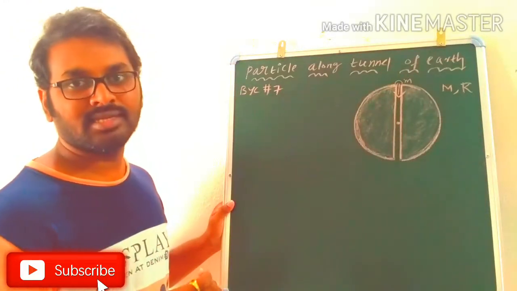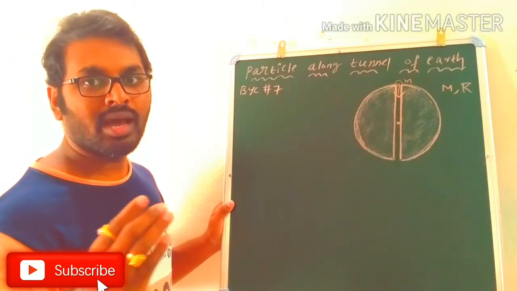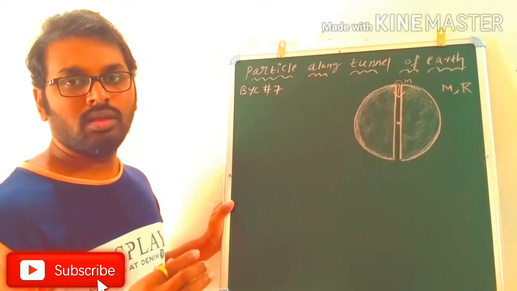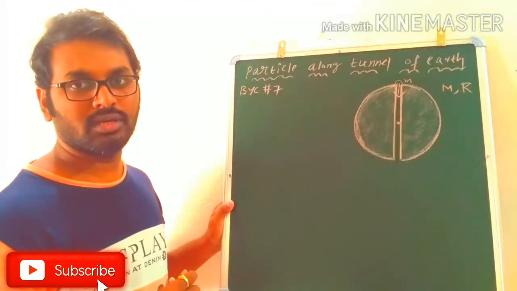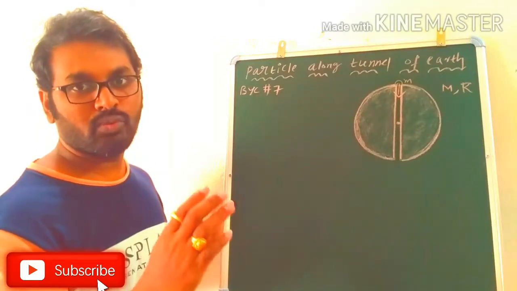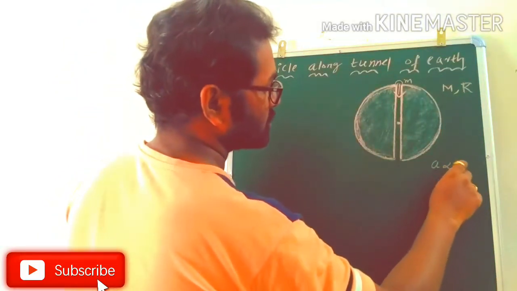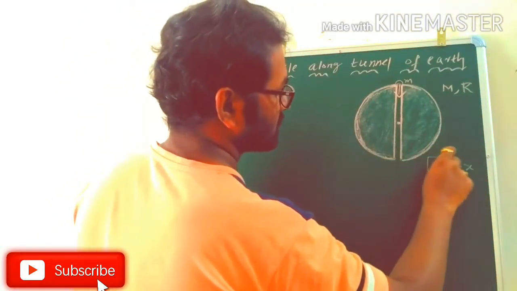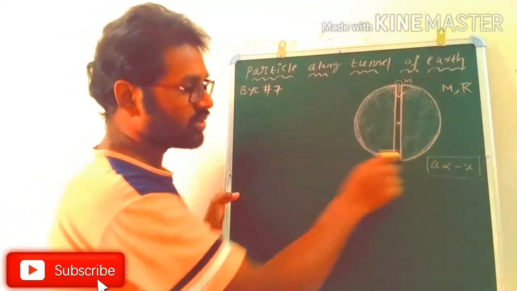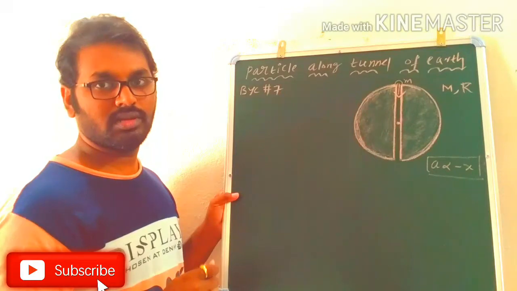Now we are analyzing the motion of the particle, whether it is a simple harmonic motion or a periodic motion. As you know, if it is performing simple harmonic motion, the particle would satisfy a relation between acceleration and displacement. The acceleration is proportional to the negative of displacement. If any particle is performing its motion which satisfies this relation, we can call it a simple harmonic motion. Let us see.